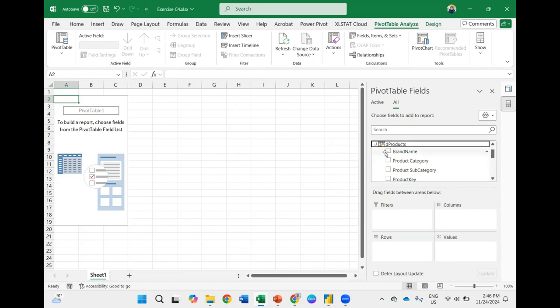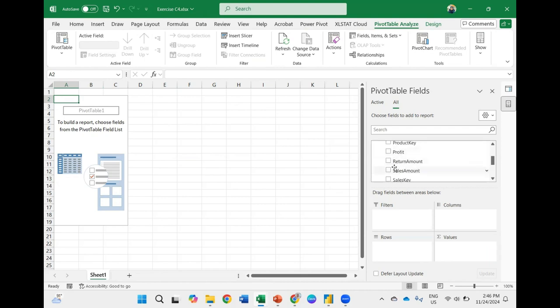In the product table, you will see the product category and product subcategory. So there are fewer tables here, less complicated. In sales, you have a profit column.